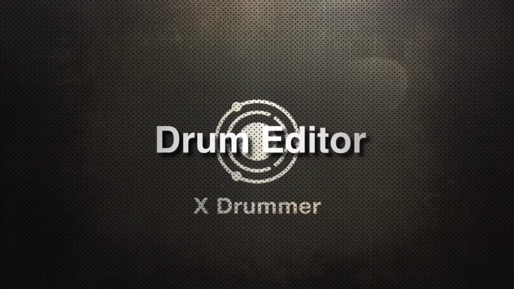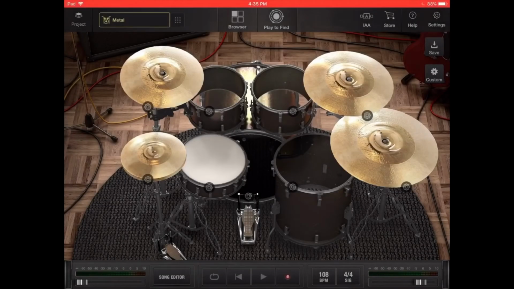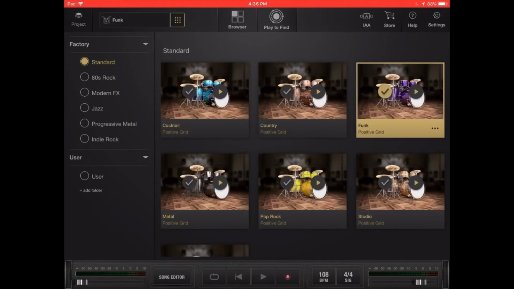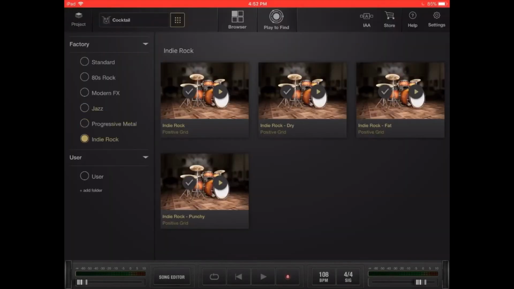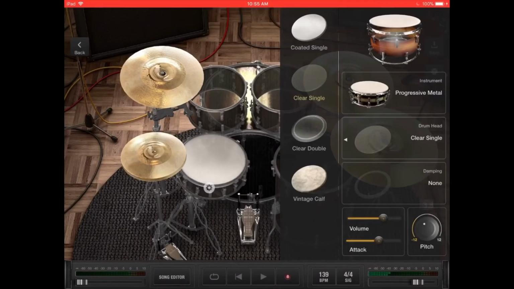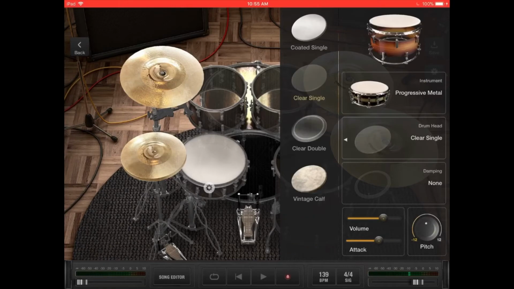In this segment, we'll look at Xdrummer's Drum Editor. Xdrummer comes with 7 high-quality drum kits with interchangeable kit pieces, with more kits coming as in-app purchases. And in addition to that, each kit can be tuned, attack adjusted, volume adjusted,